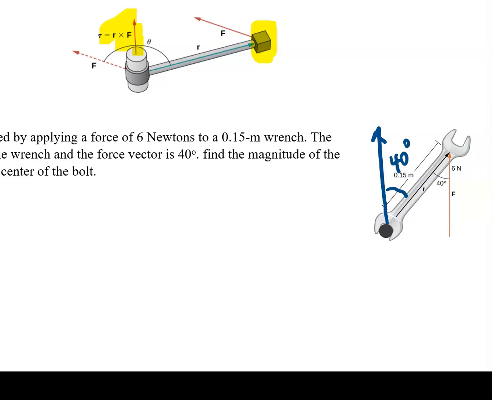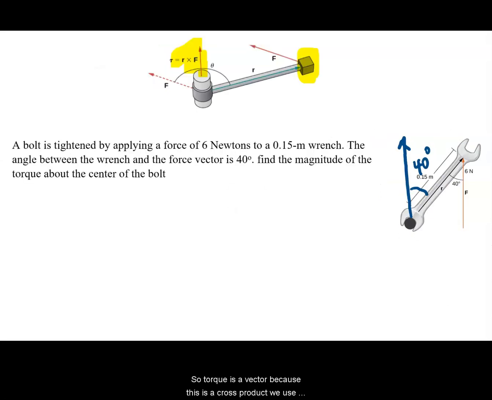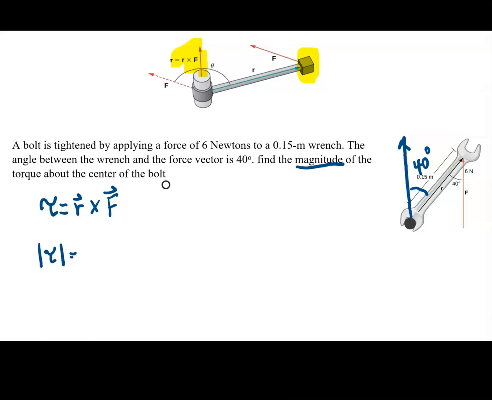Okay, so let's go ahead and solve this. So torque is a vector because this is a cross product. We use the Greek letter tau, and torque is that radius arm crossed with our force. Now, in this particular case, we're just asked about the magnitude. So we're looking for the magnitude of the torque, which is going to be the magnitude of R cross F,